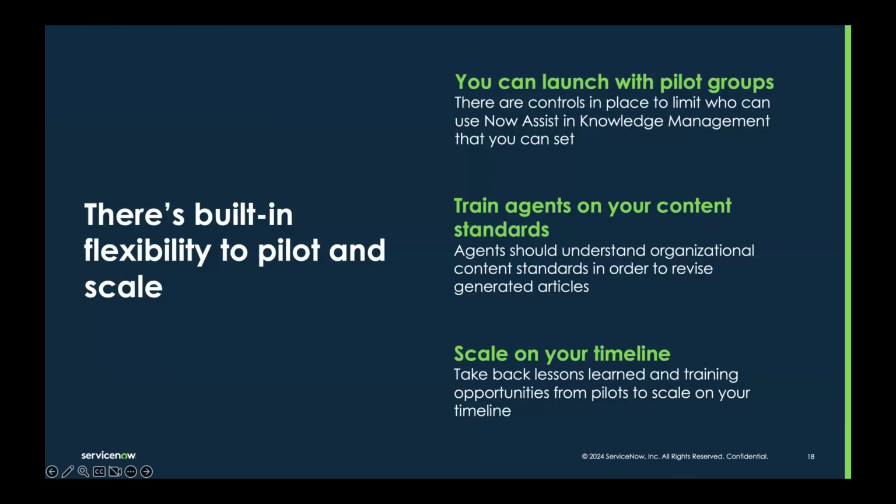The next one is to think about how you want to roll this out. We do have the flexibility to scale, like I showed you in the Now Assist panel. So you don't have to turn this on for all your agents at once. You can start with pilot groups, and you can train your agents in those pilot groups on the type of content you expect to see in your articles, if you haven't already. Then you can scale this out on your timeline by giving out those roles within groups. So you can start working on your timeline now. If you're thinking about purchasing soon, do you want to start rolling this out every three months, every three weeks?